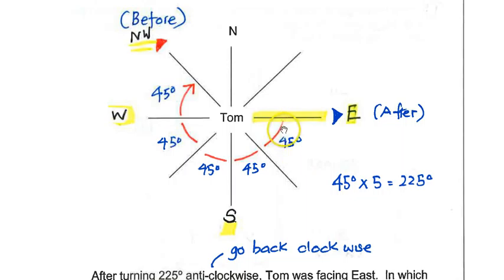So you count back 5 lots of 45 degrees: 1, 2, 3, 4, 5. So that you can find out before he was standing at northwest. That's the answer. Then he turned anti-clockwise, then he faced east. Right, that's how you should get it done. Pause this video to understand slowly. Next,